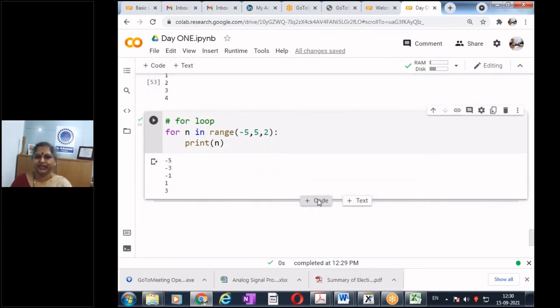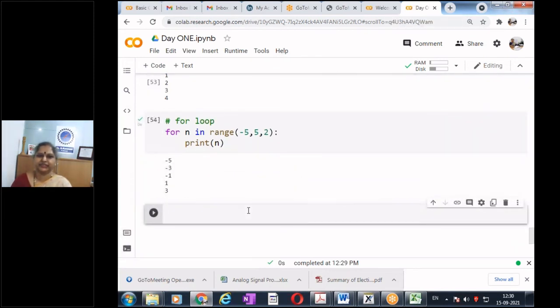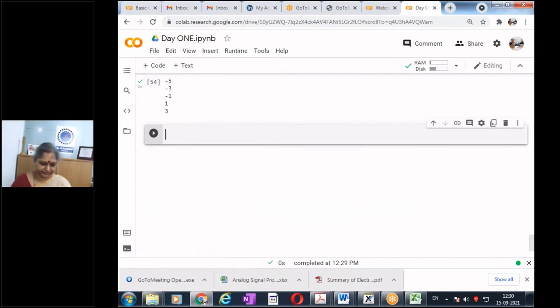Okay, now what I wanted to do is, let's suppose I have an array. We know how to compute the sum of an array. Now I want to write a program to compute the sum of first n numbers.